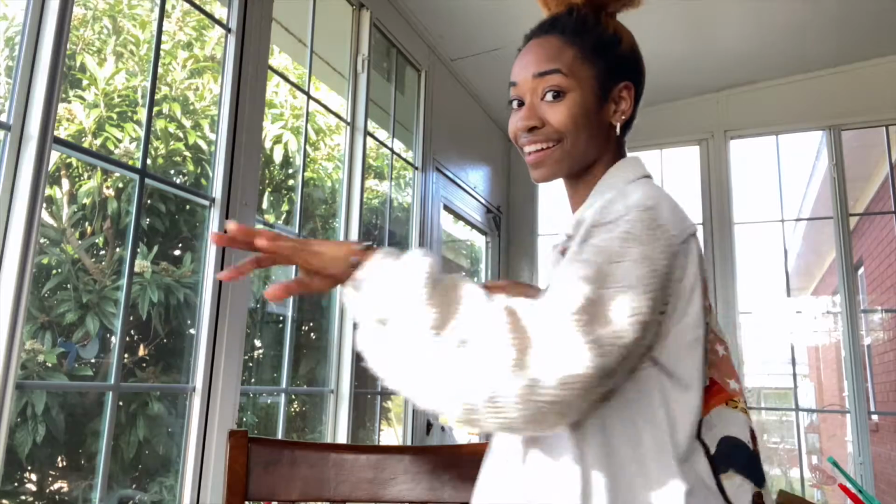Today I'll be showing you how to crochet sleeves onto a denim jacket, and I'll just do a little 360 because the back of this one is the best part. This one I use a wavy stitch, which is a part of my crochet pattern, one of my most popular